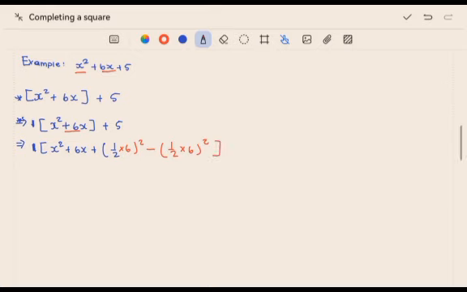And then now you close your square bracket, and then you add 5 to that. Remember that I told you to put brackets around your first 3 terms inside your square brackets, and the first 3 terms in our case are x squared plus 6x, and then plus open bracket half of 6 squared. So after grouping them, you basically just put a big bracket around them. I'm so sorry, let me use a different color. You just put a bracket around them, and then after that you multiply in this term that is in front